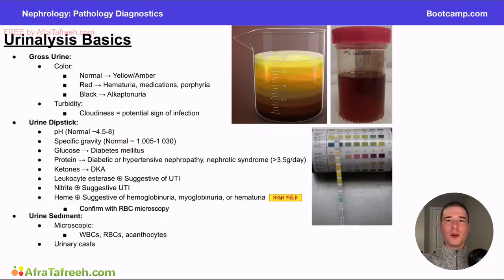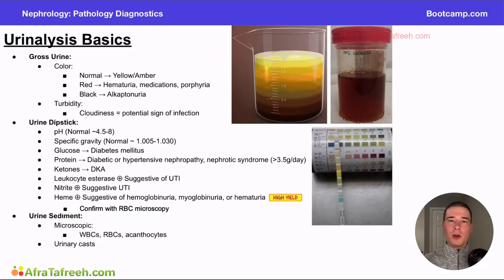So in this video, we are now going to talk about urinalysis basics. Believe it or not, there's actually a ton of information pathologically that we can learn about our patients by looking at a urine sample or looking at their urine and testing it. Here we're going to focus on three of the main ones that they actually test you on at this level. However, there are several other things that you can do when examining someone's urine to figure out what their pathology